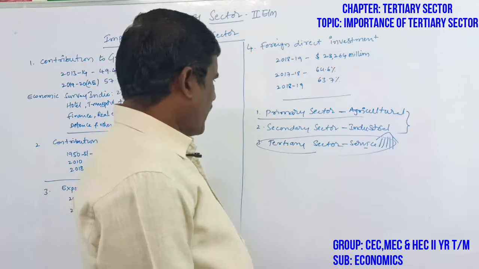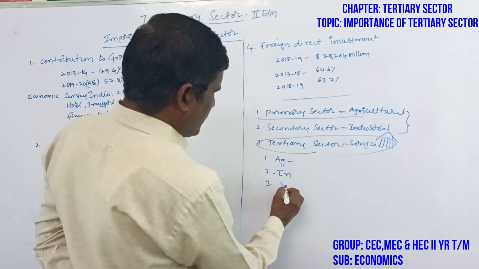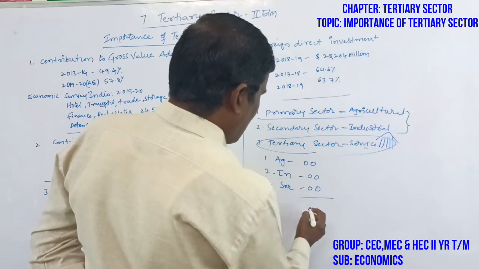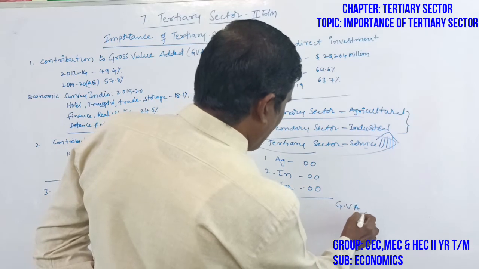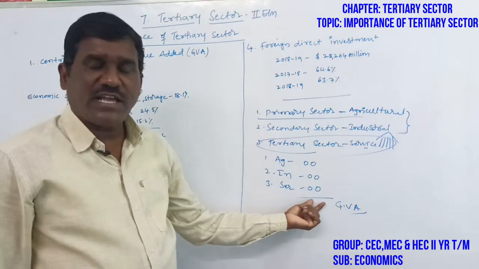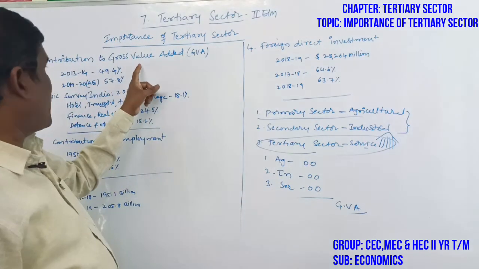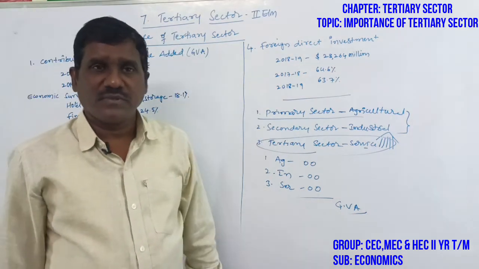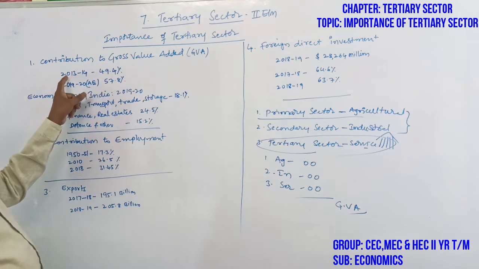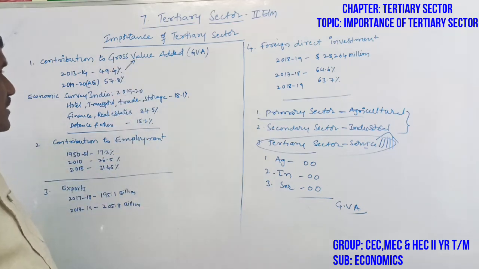Once again, primary sector is agriculture, second is industrial sector, third is service sector. Together, agriculture, industrial and service sectors make up what is called GVA, gross value added. The country's development depends upon the gross value added. So what is the importance of the service sector in the Indian economy particularly? It means the contribution to gross value added, which covers the agriculture, industrial and service sectors. According to 2013-14, the service sector contributes 49.4%